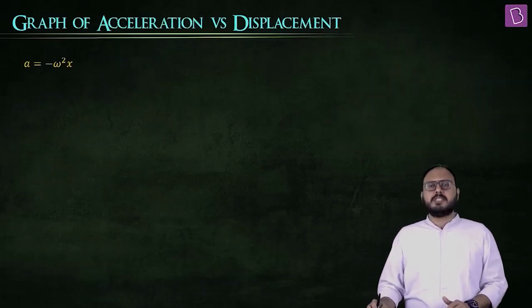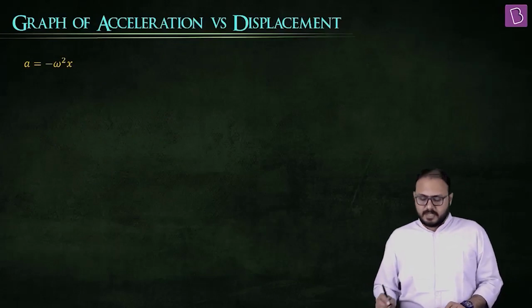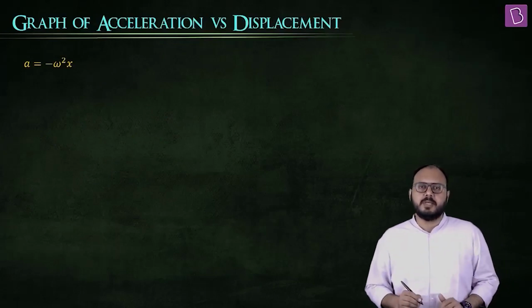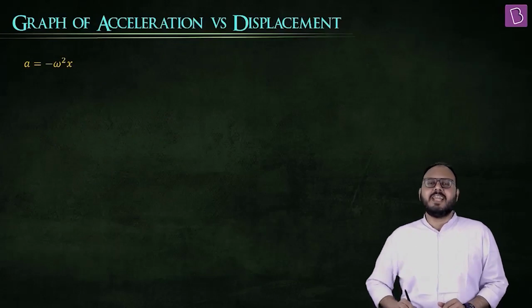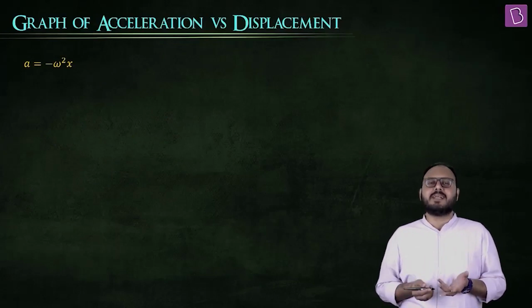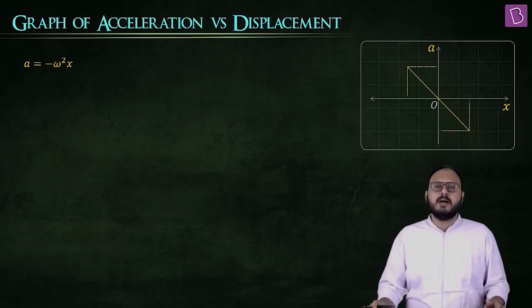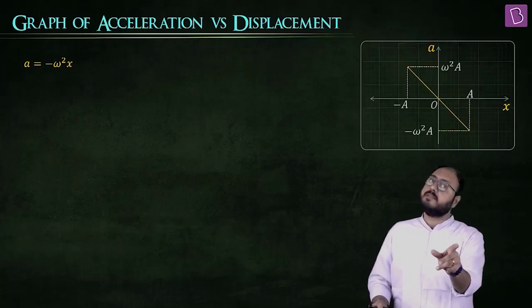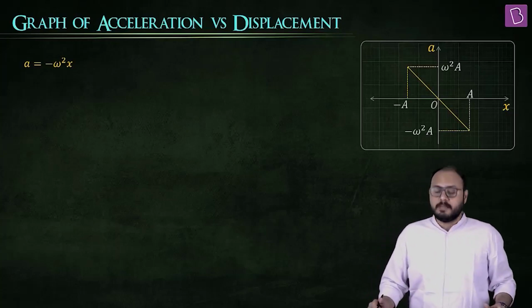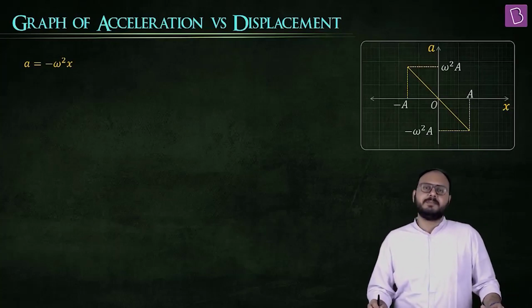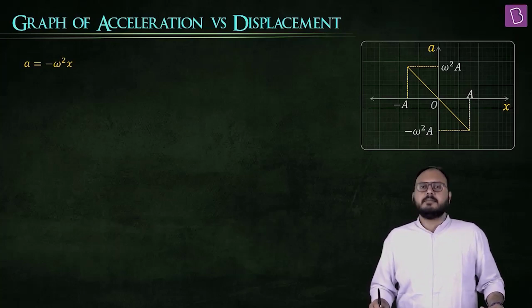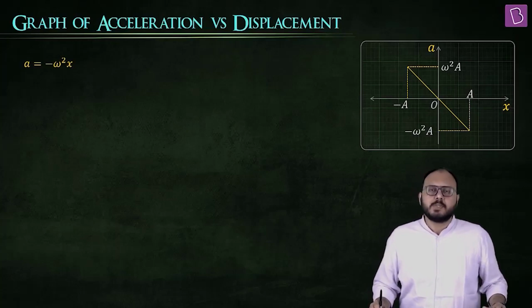Okay. Speaking of velocity, go one step ahead. Acceleration. The whole story started from there. What is the relationship between a and x? A equal to minus omega square x. That's how the whole story started. So if I draw the graph of a versus x, it would be a straight line with the negative slope. There is a minus sign, don't forget that. Is this graph fine? So graph of v versus x, ellipse. Graph of a versus x, straight line with negative slope. Good.